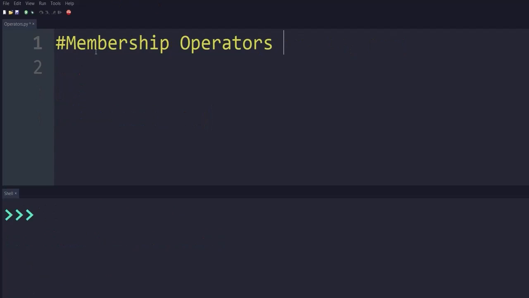Next is membership operators. Python offers two membership operators for checking whether a particular character exists in the given string or not. So the operators are in and not in.